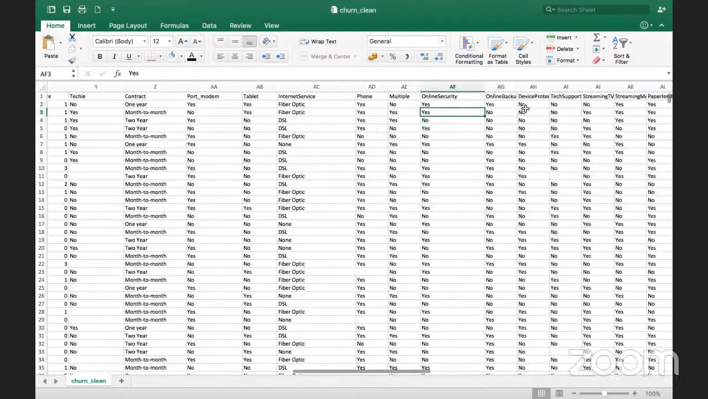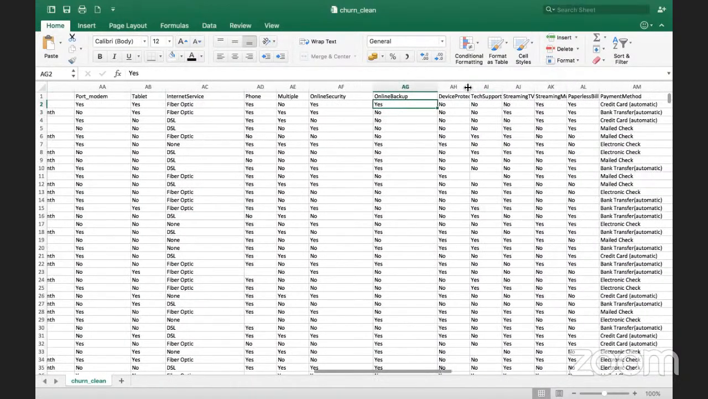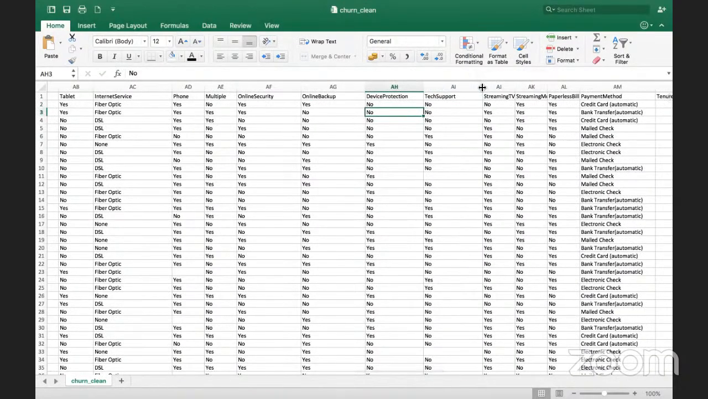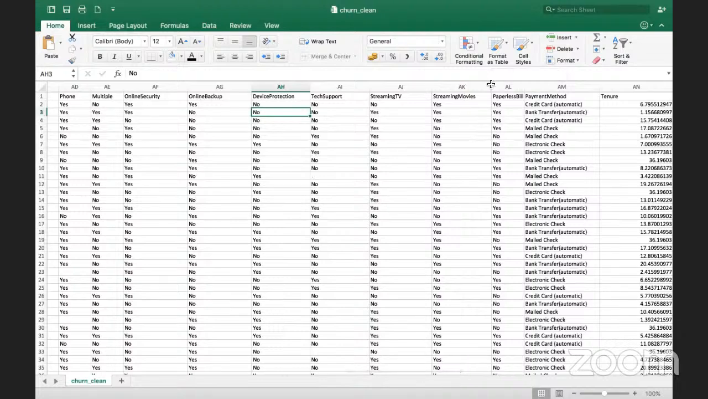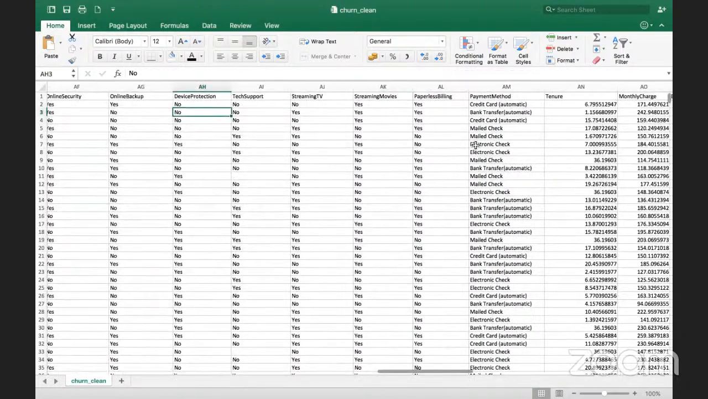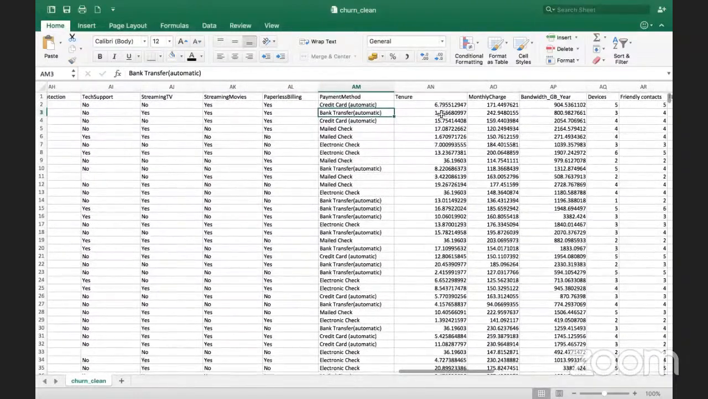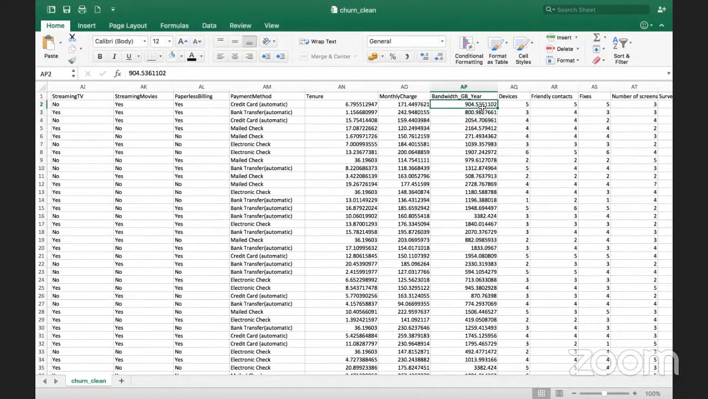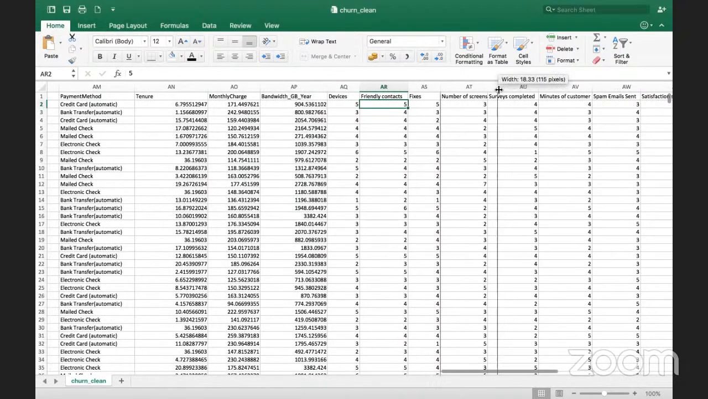Are they giving any payment for online security? Are they giving anything for online backup? Are they paying us anything for device protection? Tech support, whether it is streaming TV, also movies, whether it is a paperless bill, whether the payment is credit card or bank transfer. There comes your tenure, monthly charge, bandwidth every year, how many devices they are using, friendly contacts, right? Number of screens they have,